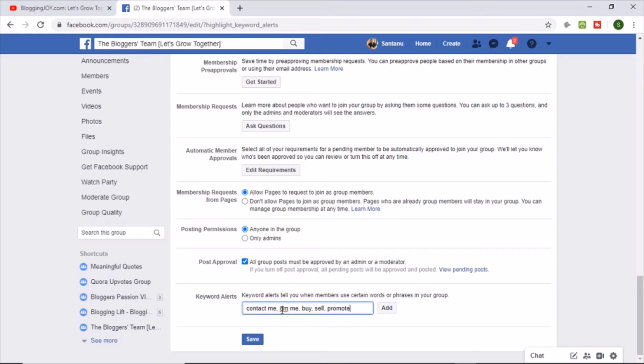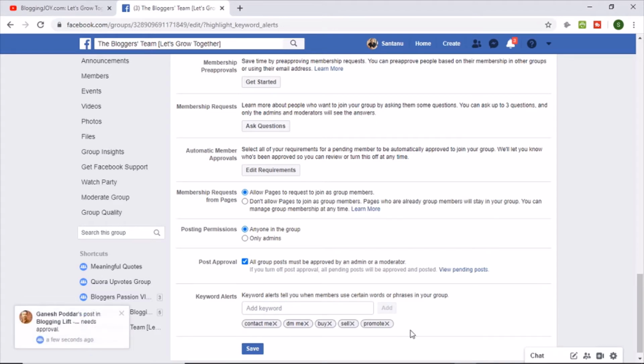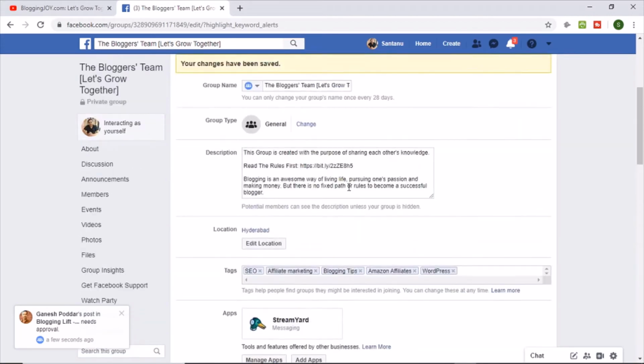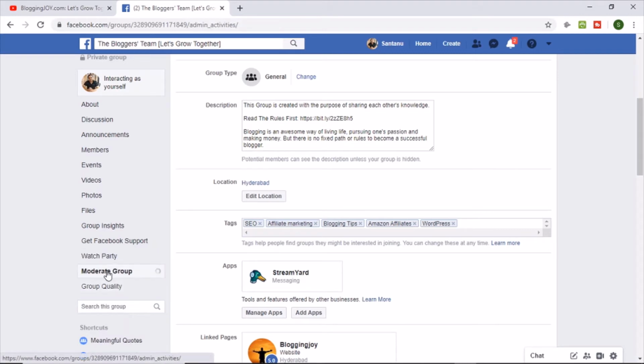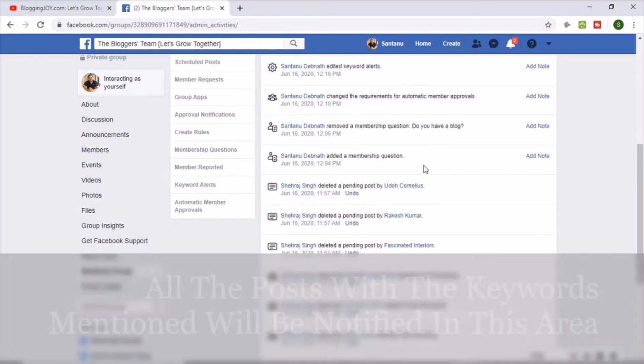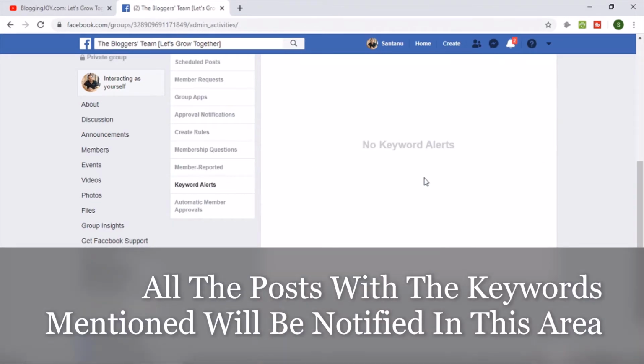After putting these terms, you just click on add. You see that these terms have been added now. Now save the settings. It's done. Now let's go to moderate group again, keyword alerts.